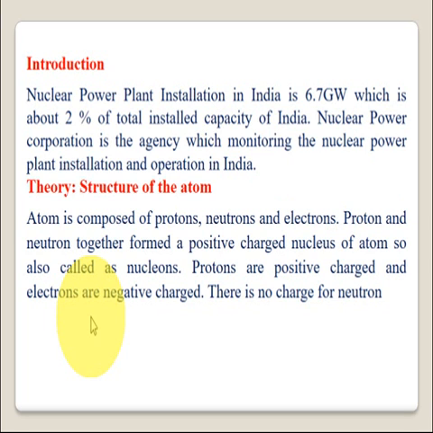The total installed power generation capacity in India is 380 gigawatt, and the nuclear share is only 2%, and there is a huge chance to increase the nuclear power plant capacity